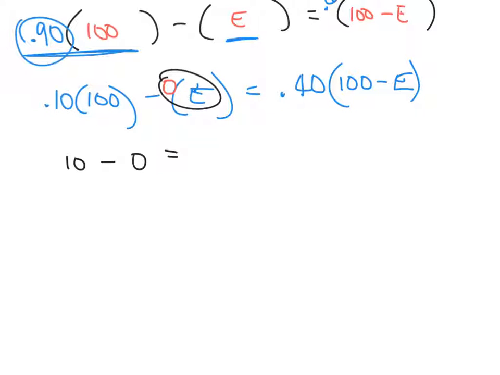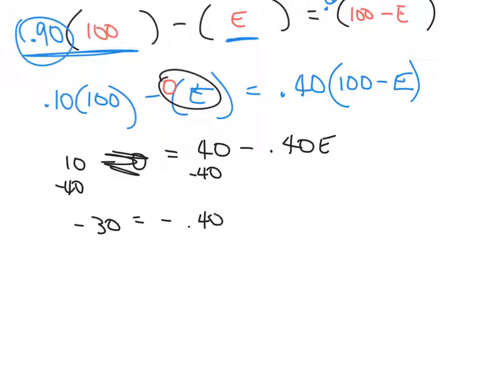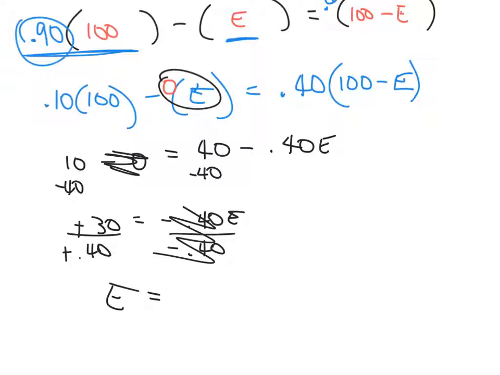That equals 0.4 times 100, which is 40. 0.4 times e is 0.4e. That can go away. Subtract 40 from both sides. So we get negative 30 equals negative 0.40e. Divide by negative 0.40 on both sides. Those go away. Two negatives give me a positive. And that gives me the amount evaporated is